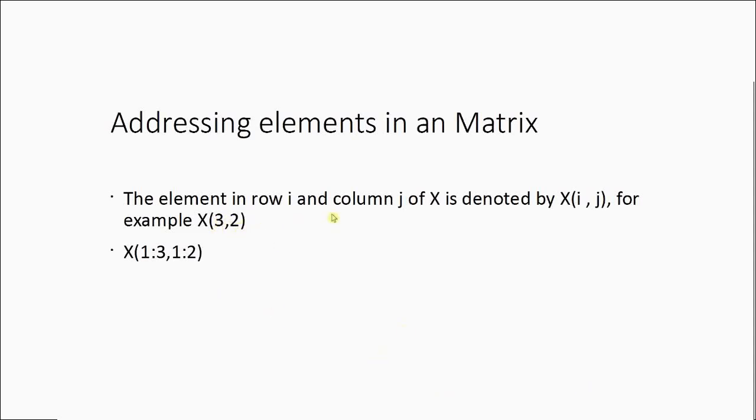But suppose I want to get a portion of a matrix. This is the representation, this is the syntax you have to follow. For the matrix X, we specify how many rows we need in the given n by m matrix. For example, if I want the rows between 1 and 3, and for columns, the first column through the second column, this will retrieve a portion of a matrix.